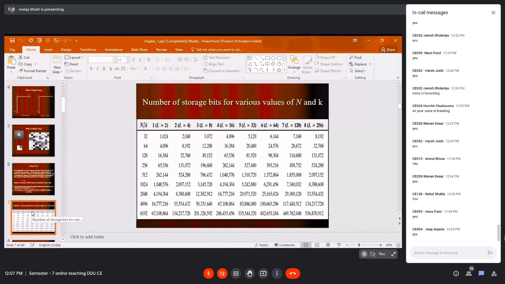In this particular chart, the image is of size 32 cross 32. If I use only K equal to 1, then 32 cross 32 into 1 gives you 1024, which is obvious because it is 2 raised to 10.